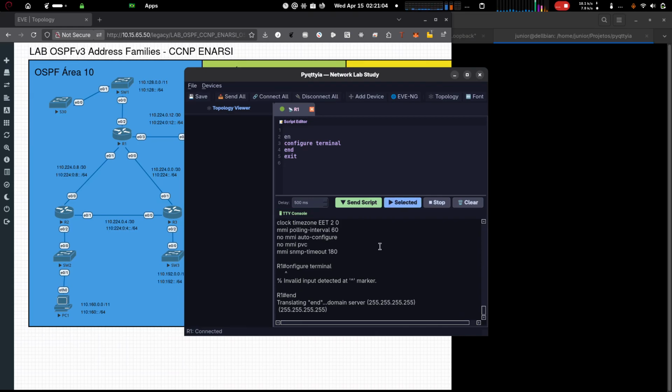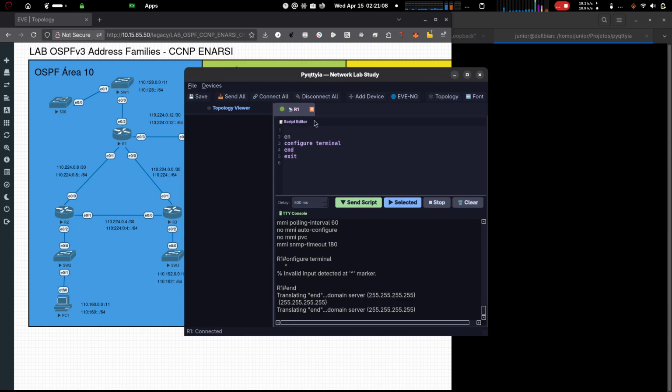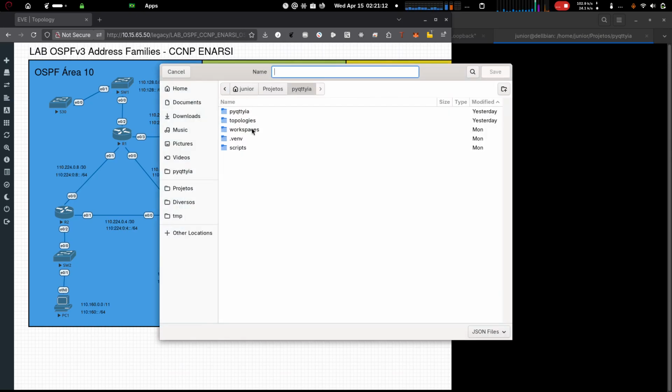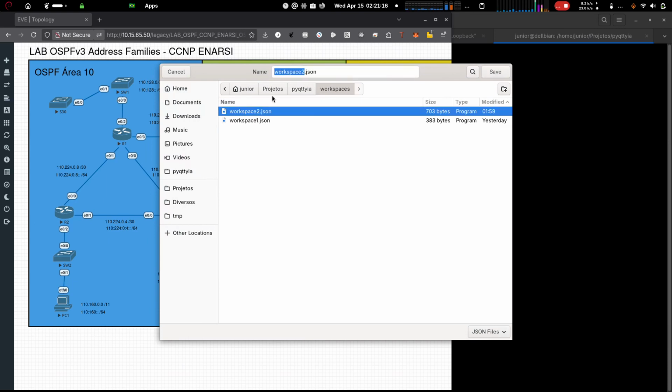Then running again, here that pesky name lookup issue showed up. Then I can save. I save here, name it workspace 3 here, since I already had the others.